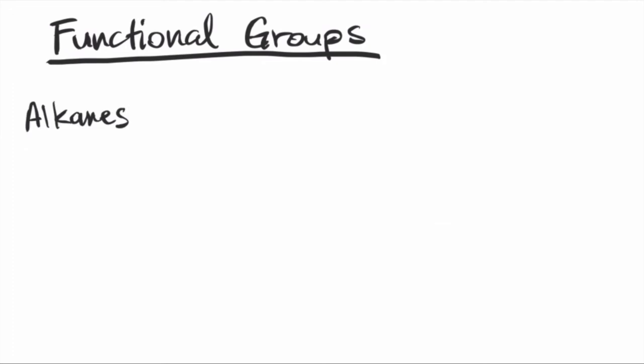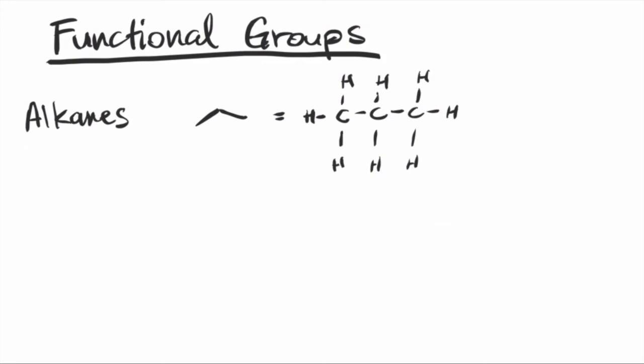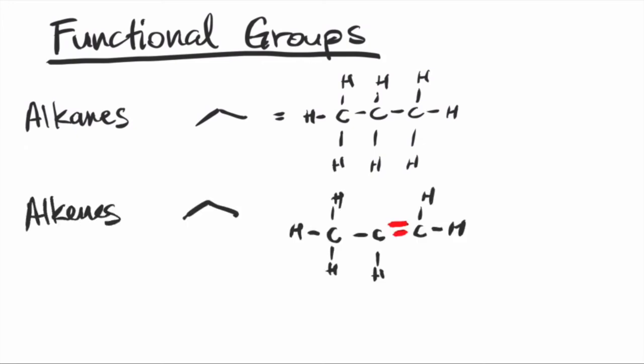The first one is an alkane. An alkane is characterized by a single bond between a carbon and a carbon. For example, here we have is propane. Alkenes, on the other hand, would have a carbon-carbon double bond. Notice that when we drew in the double bond, carbon cannot accommodate more than 4 bonds. So if you add in an extra carbon-carbon bond, then something has to give, right?